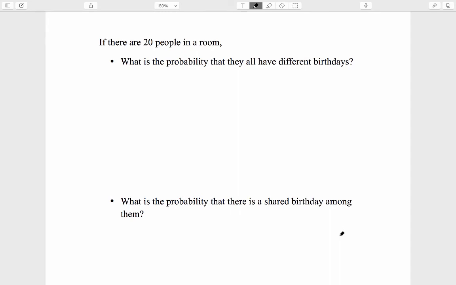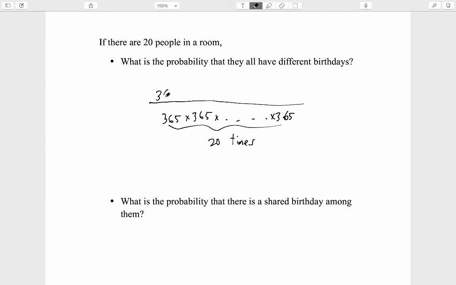Now what about 20 people? What is the probability that they all have different birthdays? So this is going to be 365 times 365, etc. I won't write them all out, but I will indicate that there are 20 of them. In the numerator, we have 365 times 364, etc. Let's be careful and think about what the last number here needs to be, such that there are 20 numbers listed descending. The last number should not be 345, but rather